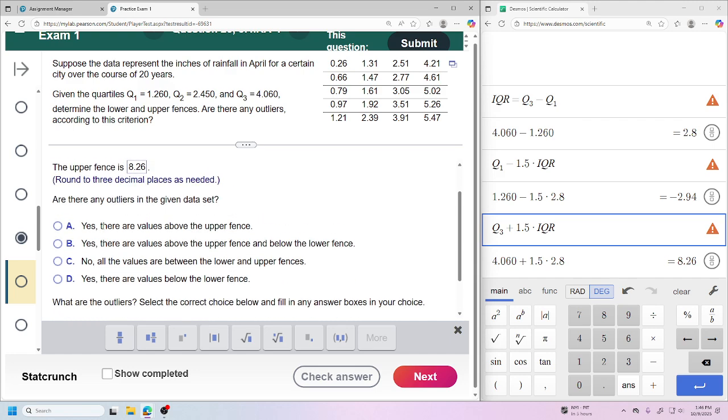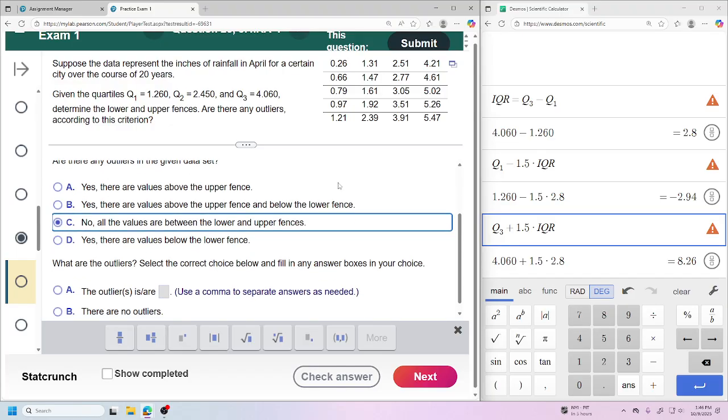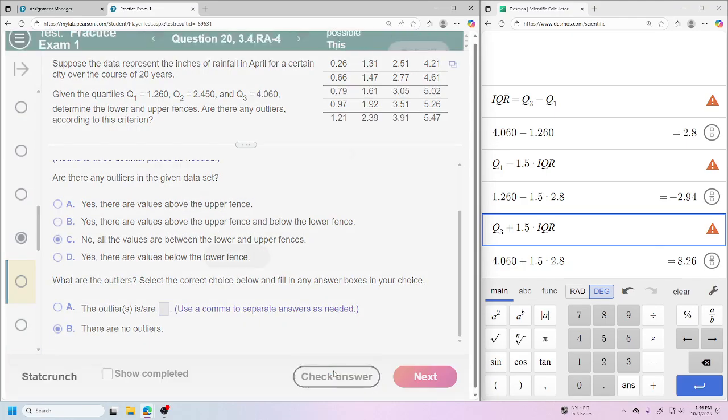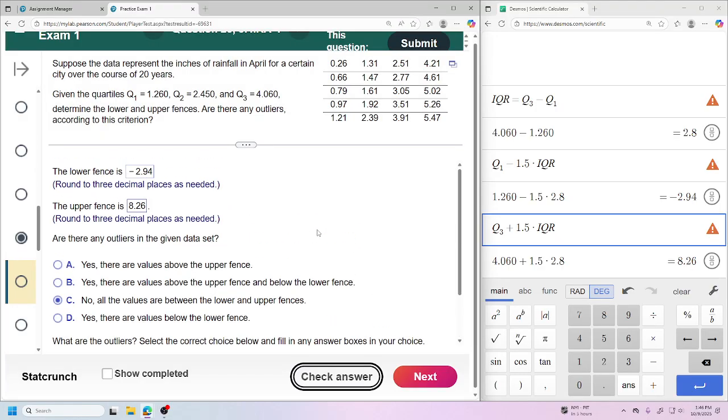So are there any outliers? No. At least that's what I'm trying, and that's why we're doing the practice here. Again, no outliers. Check it. We got it. That was it. So that's all you got to do. I can't guarantee on yours you would not have an outlier, but if you do, you just click yes. And whatever makes sense, right?